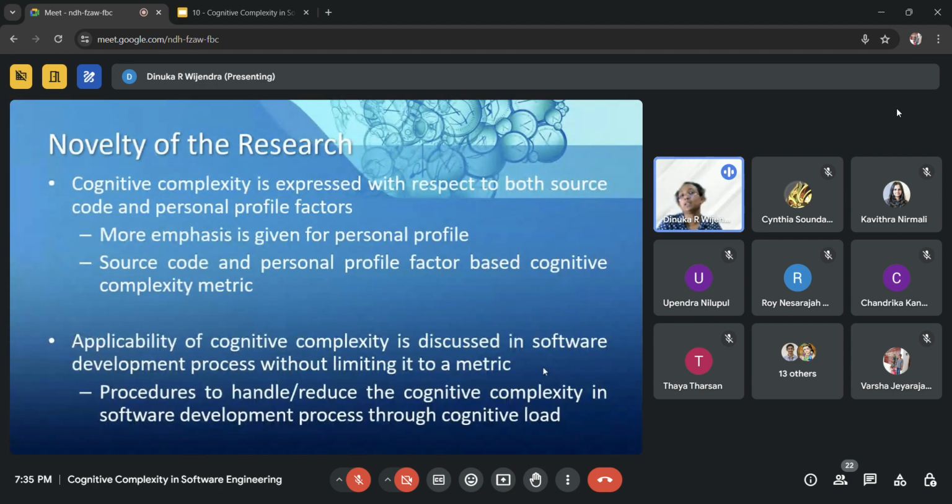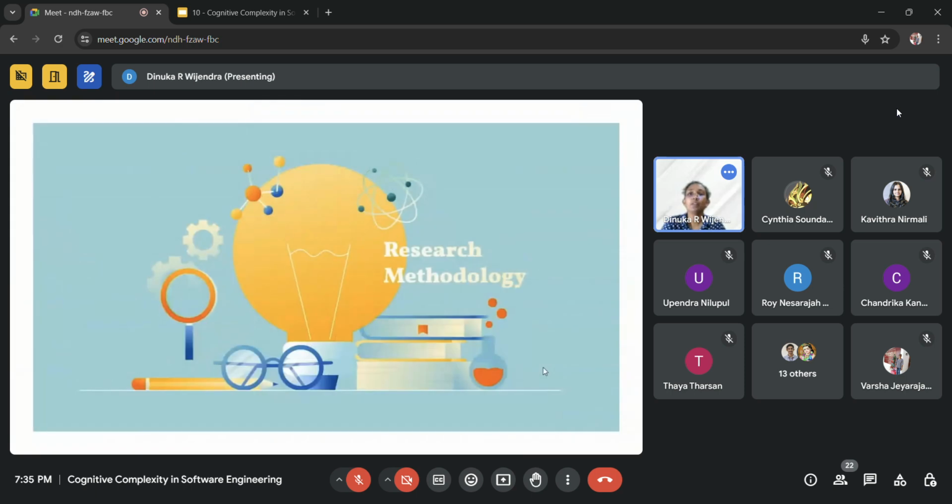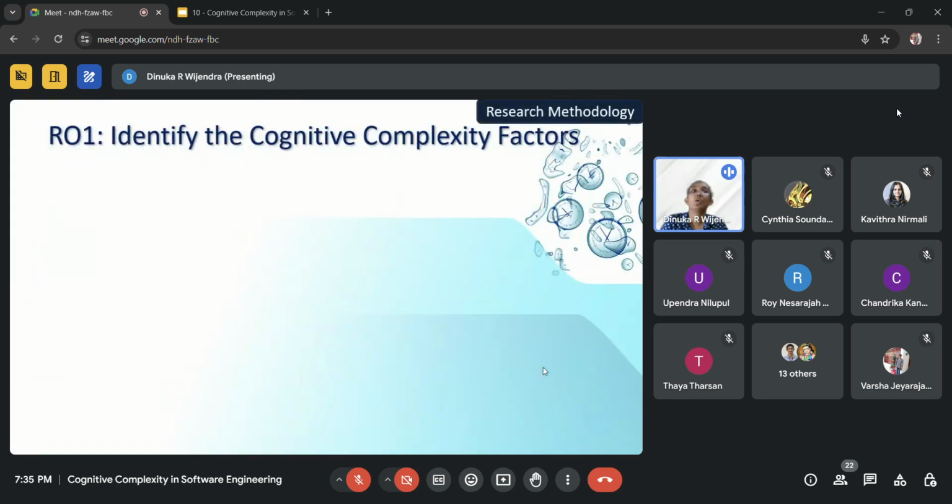These are my novelties. Every cognitive complexity research has gone through only the source code factor, but I have concatenated the personal profile factors as well. And how this cognitive complexity can be reduced under the software development and maintenance process, I have shown through a computational design. So this is my methodology. I thought of listing it down with all the research objectives. So this is how I